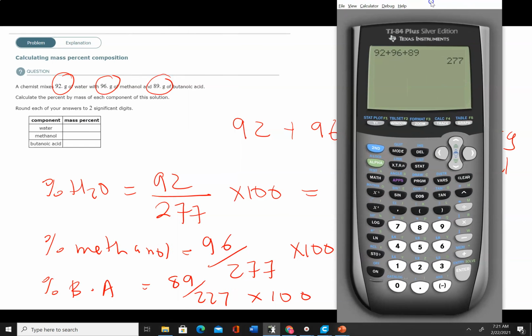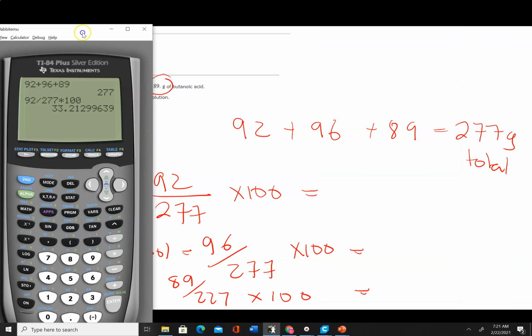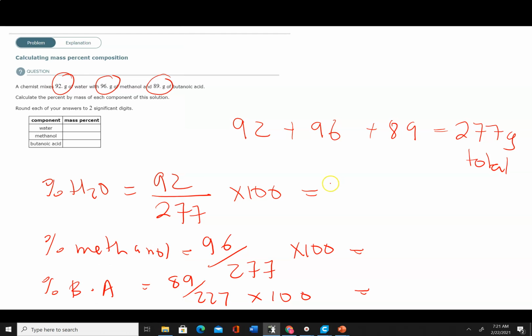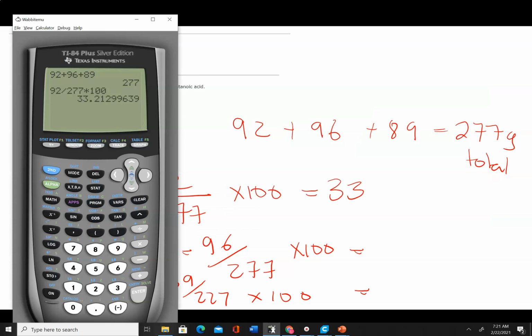So I got 92 on 277 times 100. There we go. So I want this to two significant figures, so that's going to be 33% for that guy. And then I know that my methanol, when I come to do that, it's going to be a bit bigger